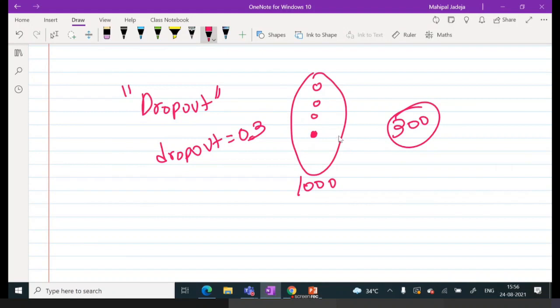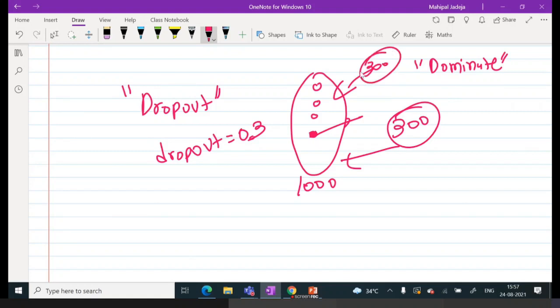So why am I doing this? Because I don't want any neuron to dominate my system. I don't want this particular neuron to focus so far and get high weights so that the final answer becomes irrelevant with respect to testing, right? So in order to give equal importance to all the neurons of my network, I'm going to randomly select 300 neurons for that particular iteration and disconnect them. In the next iteration, I will put them back and select another set of 300 neurons and